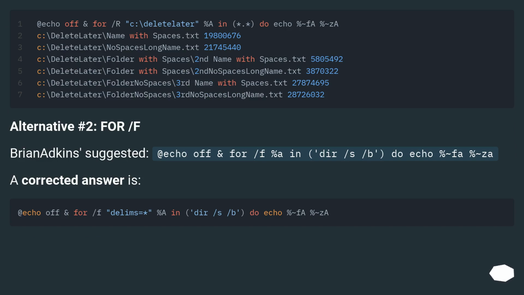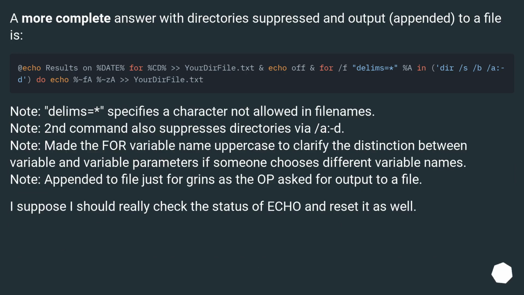Alternative number 2, for /f. Brian Adkins suggested: @echo off & for /f %a in ('dir /s/v') do echo %~fa %~za. A corrected answer is: a more complete answer with directories suppressed and output appended to a file is: